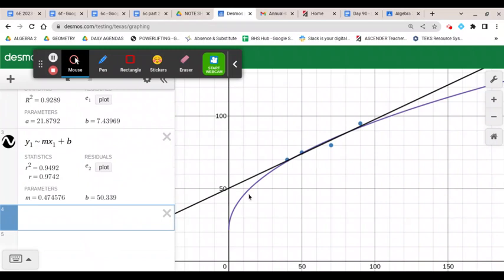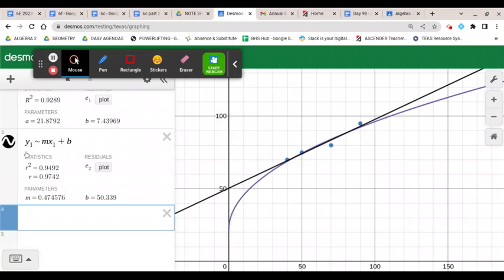And what that gives us is a linear function line of best fit that goes through that with a slope of 0.47 and a y-intercept of 50. Okay. So if we wanted to run a best fitting line that was a straight line like that, rather than a root looking type line right there,